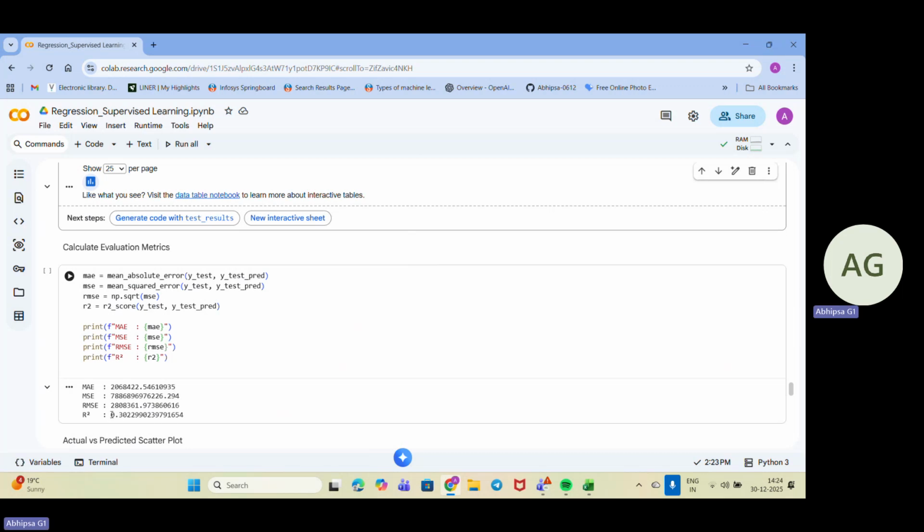R2 value is coming up as 0.30. That means my model is unable to understand it accurately. If my R2 value is 1, that means my model is able to understand it accordingly. This can happen because we have taken many fields, many independent variables, like